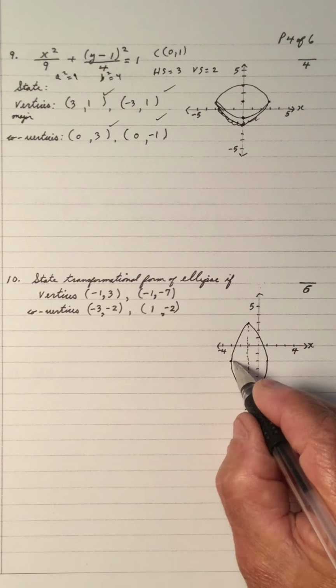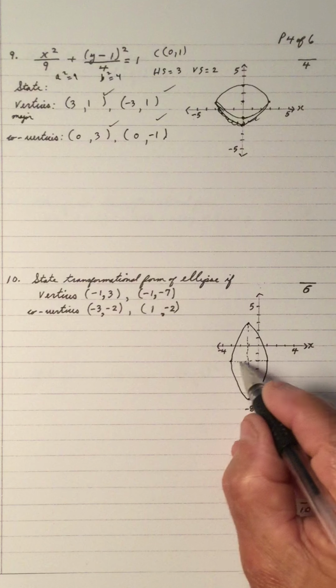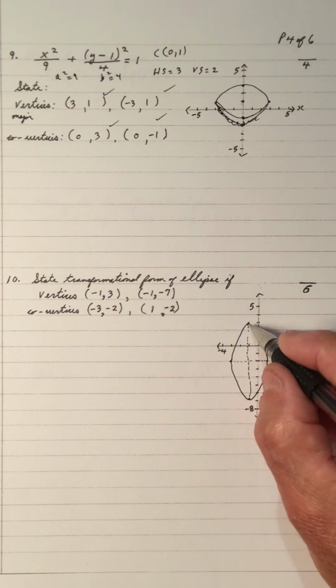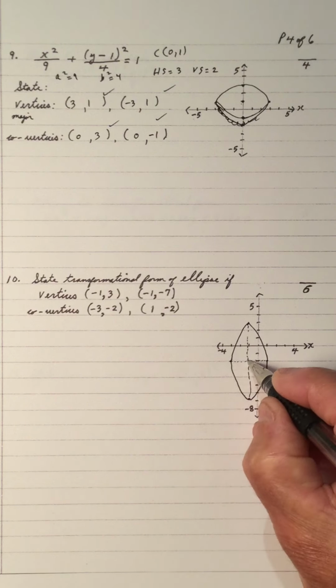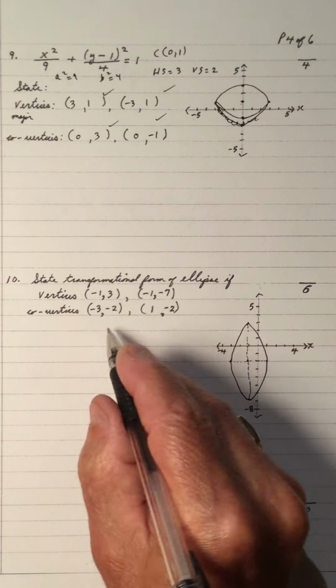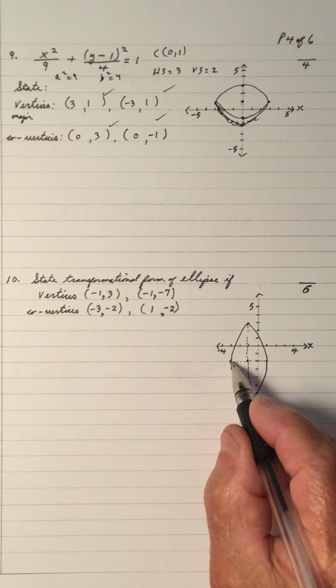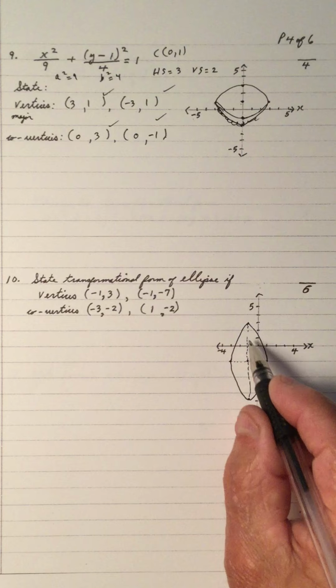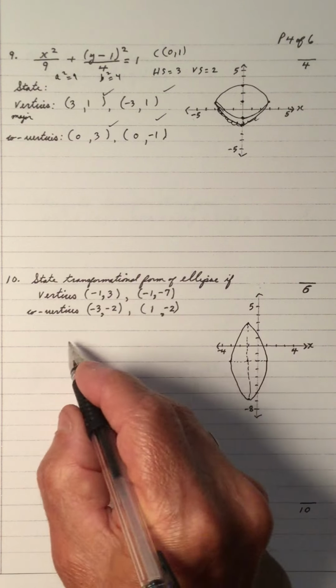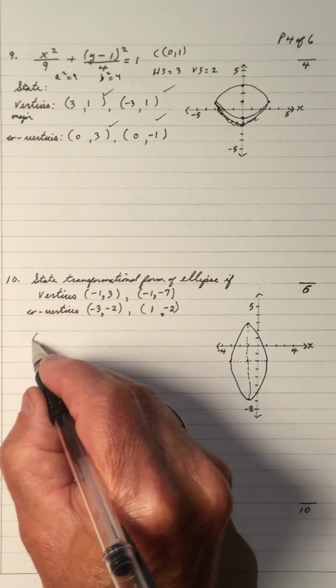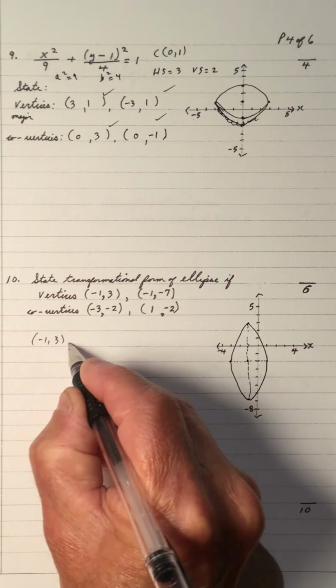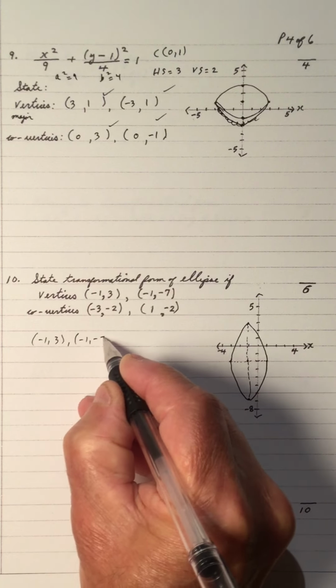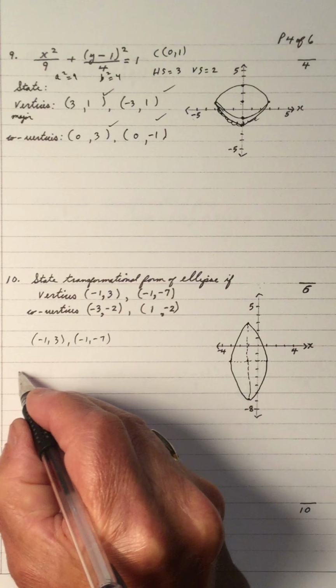Draw the minor axis, or the horizontal axis. Horizontal axis minor because it's shorter, vertical axis major. So the midpoint of the horizontal or the midpoint of vertical is going to be the same. If you take negative 1, 3 and negative 1, negative 7 and get the midpoint, so